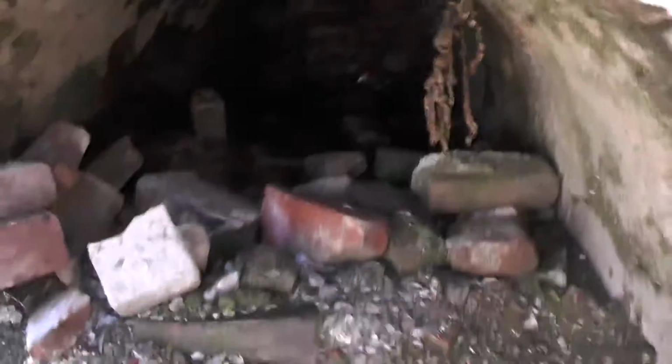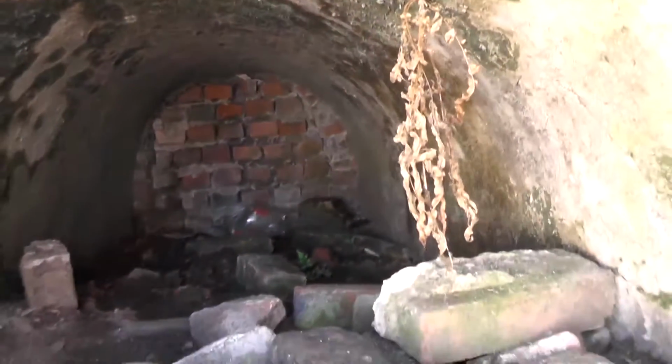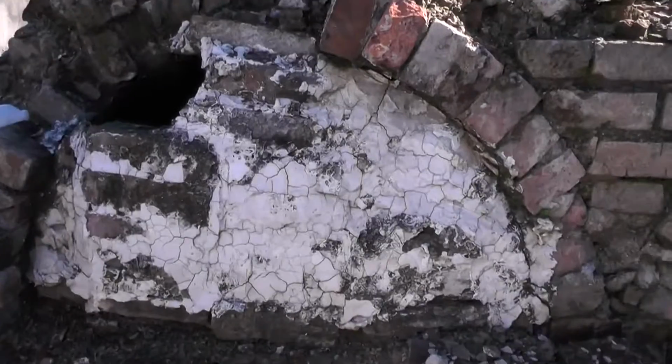Let's go to the next one over. Ah, so the plants do grow down. Look at that. Looks like there's another grave below it. And of course over here, it looks like this one was cemented in and someone punched a hole through it. I don't know if this camera's gonna... Oh, it's not adapting to the low light, so...